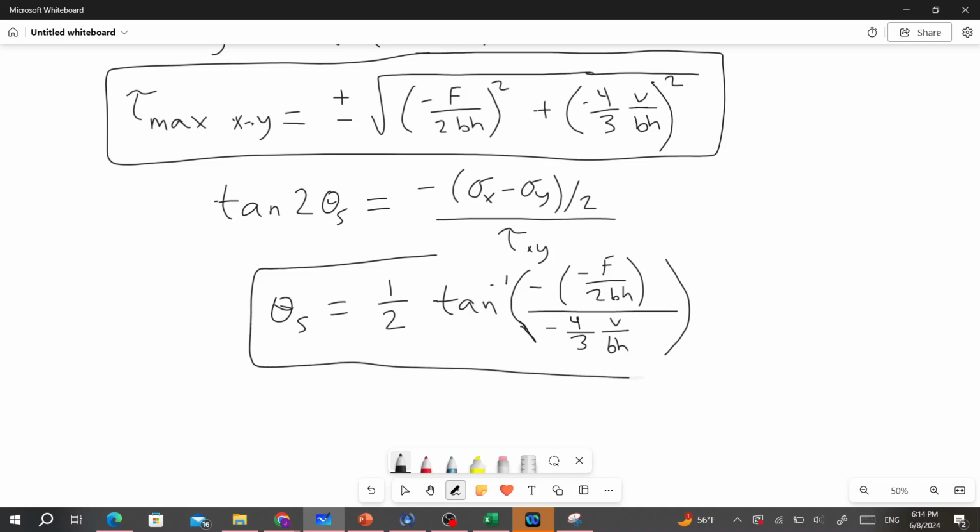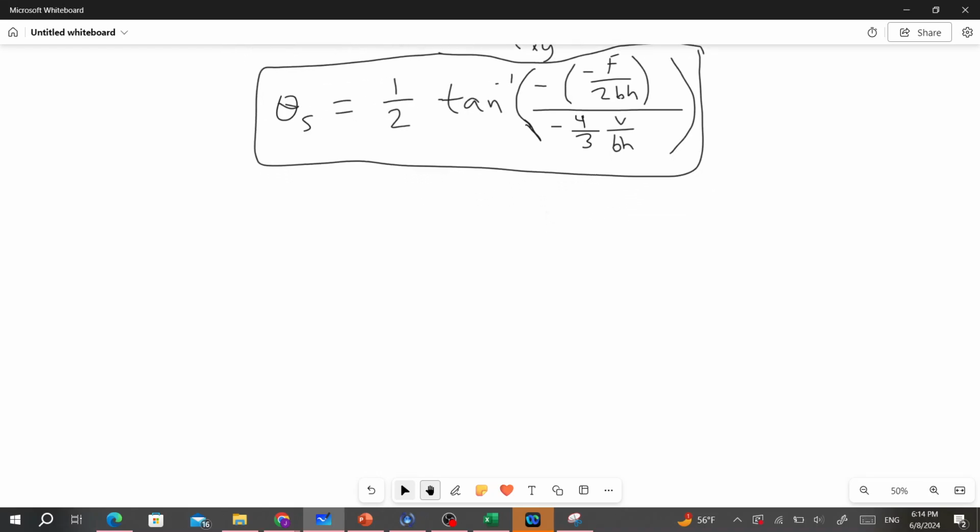Okay, so this is our maximum shear angle. Alright, now let's illustrate this. Let's put numbers to this again, just to make the illustration a bit more clear. Double check this in your own calculators or program this into your computer, just to make sure you understand the math. But at this point it's just algebra, so I'm going to skip that part and just tell you if we use the same values for F being 10,000, V being 5,000, and then letting b and h both be equal to 3 inches, then when we plug all of that in, our tau max